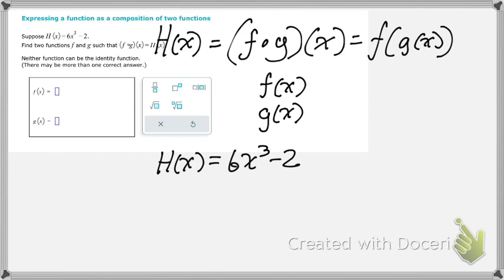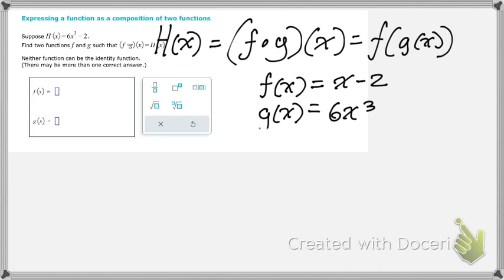It might sound difficult or confusing, but just look. If I do f of x and I say that f of x is equal to 6x cubed, not what I want to do. I want to say that g of x is equal to 6x cubed. And then I'm going to say that f of x is equal to x minus 2. So if that were my f and that were my g,